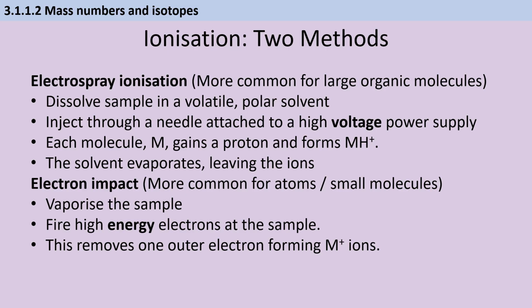In that process, each molecule gains a proton, and this gives the final ion a positive charge and a mass 1 unit heavier than the original molecule. Say if we were analysing decane, it's got an Mr of 142, so the final ion would have an Mr of 143. Alternatively, we can use electron impact ionisation, and this is where we use an electron gun to fire high energy electrons,